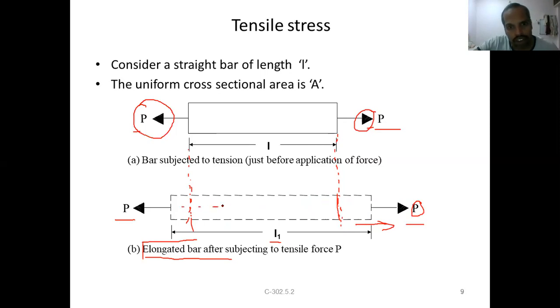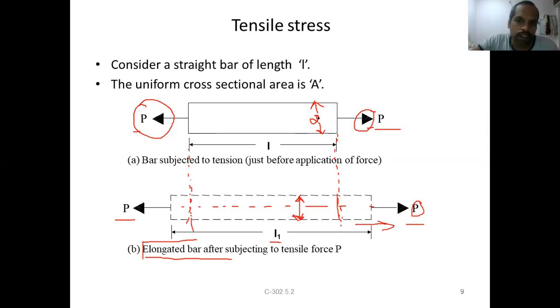This is the line of action. Let us say this one is initially D. Let us assume that the diameter or size is D. After application of load, what happens with this dimension? Increases, or decreases, or no change? Just tell me the answer. Just think about it. What happens with this dimension?